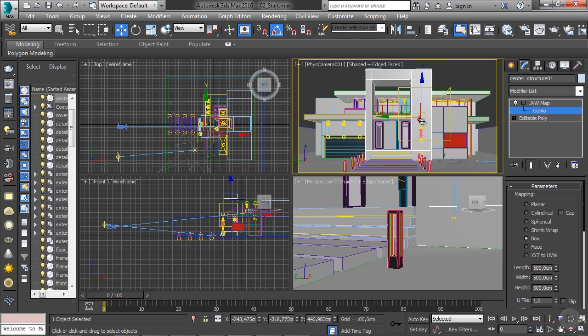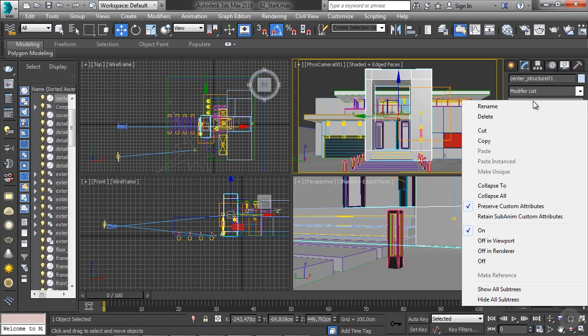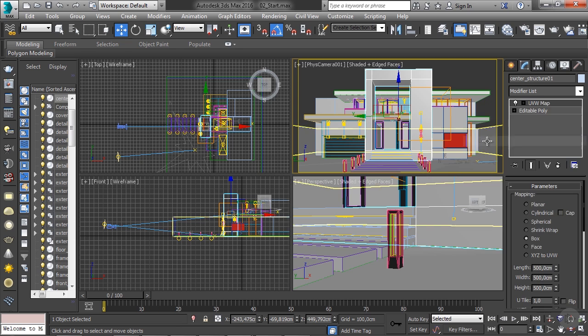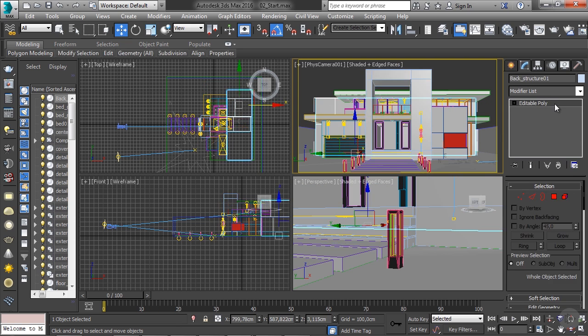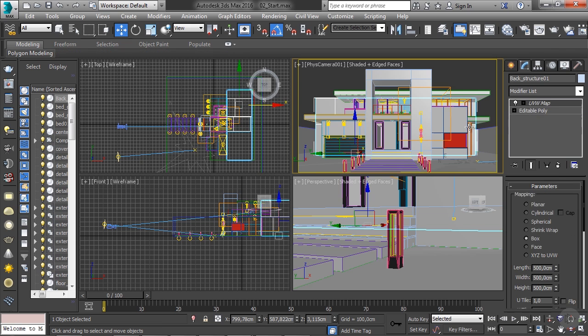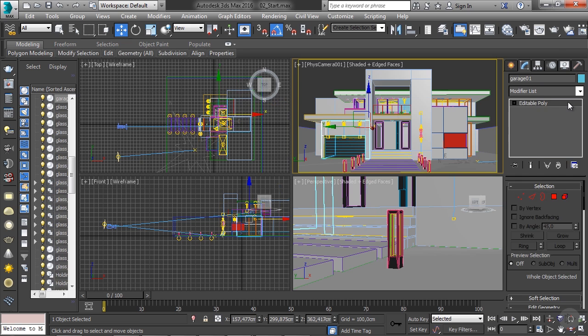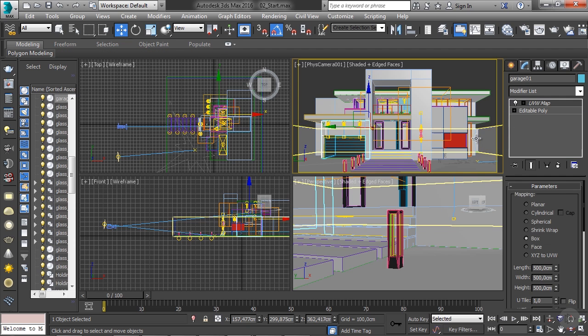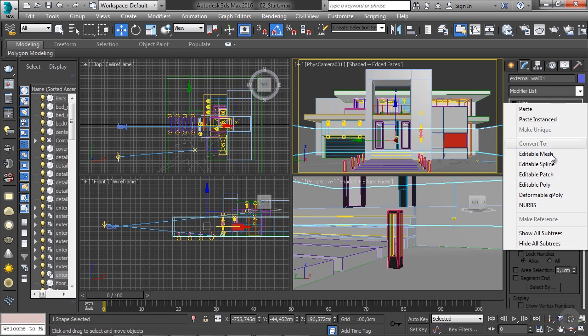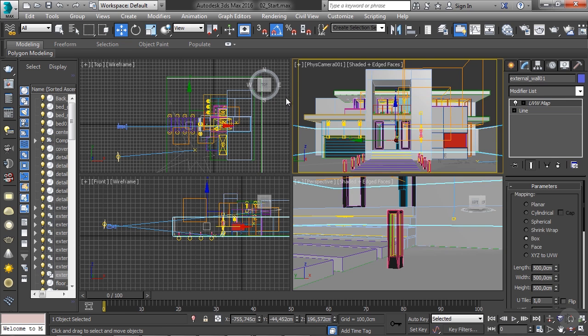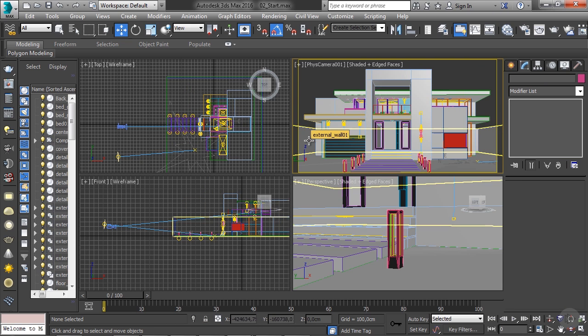It doesn't really matter. What matters is that now that I have this map, I'm going to paste this as an instance all over the other objects that have the same material. So I'm just going to select this, right click, copy this out, and then I'm just going to go to the other objects, right click, and paste as an instance. And I'm just going to do this all over with every single object that I know has the same material. So that way we can be sure that the whole texture is going to look the same size overall,